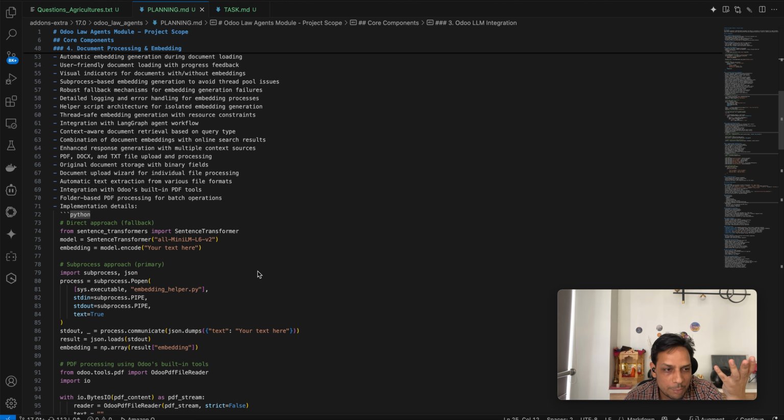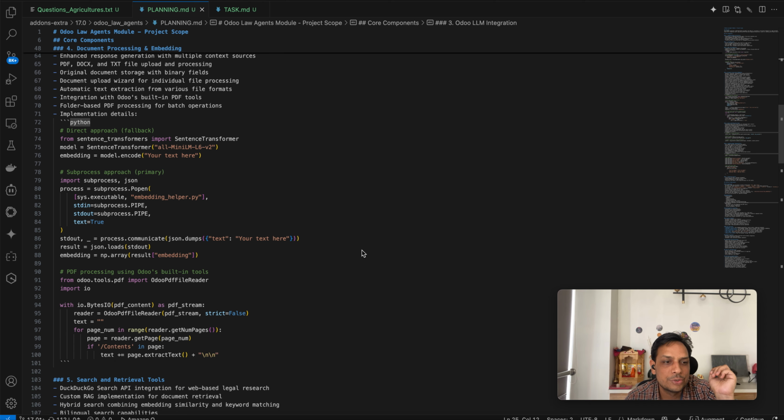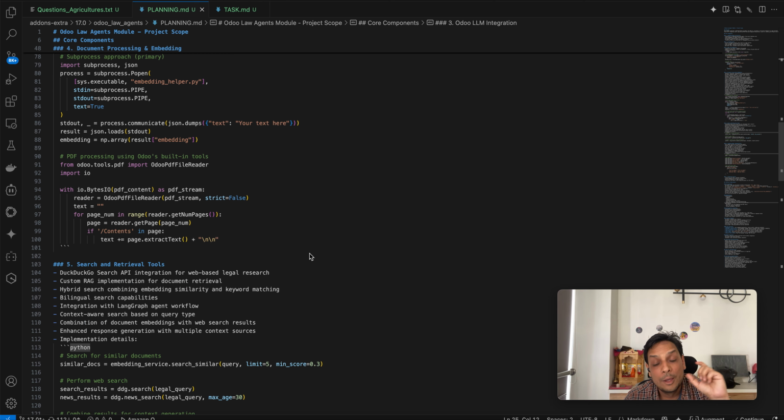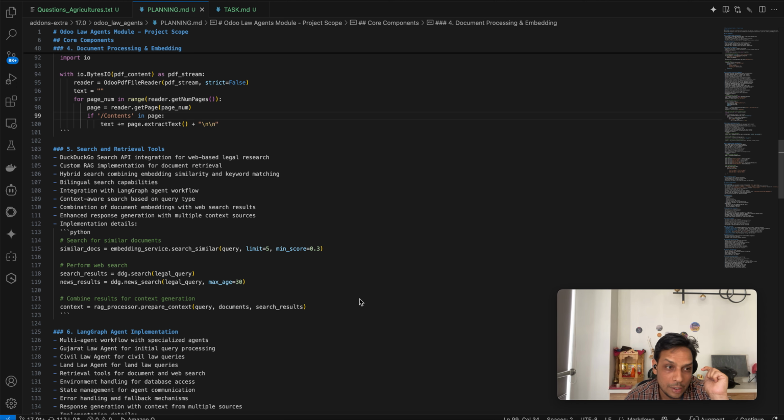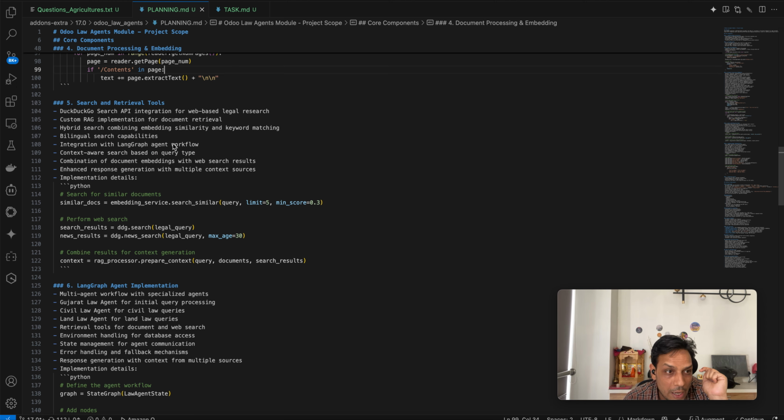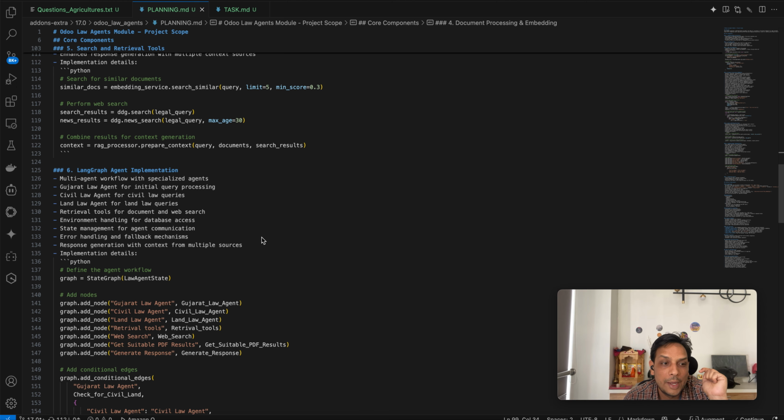For the transformer, I use the sentence transformer library for the model I use for embedding. For PDF parsing, I use the Odoo tool as a PDF reader where it will convert the pages and just put the text for that. For searching, I use DuckDuckGo Search, which will give me the top 5 results,